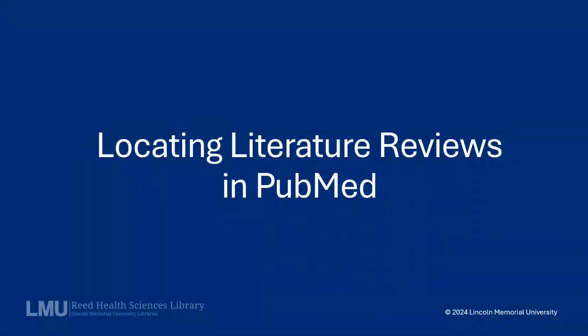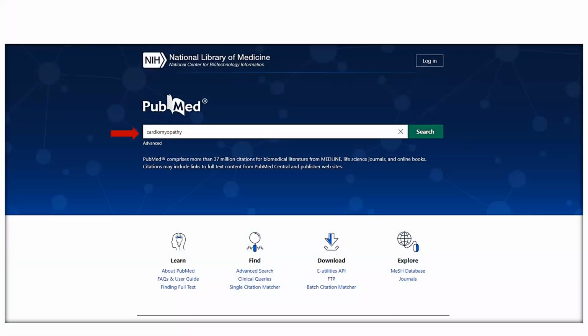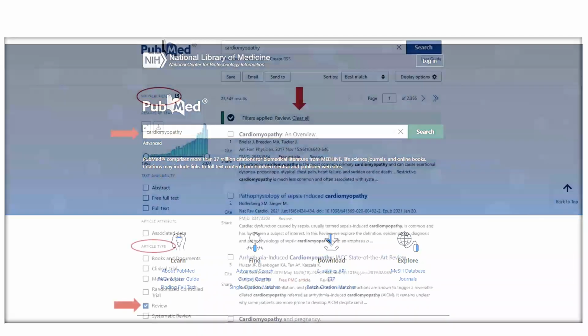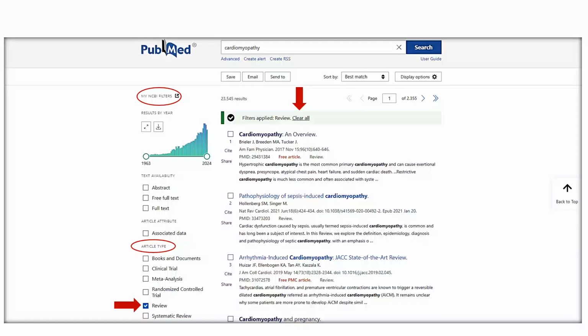During this video, you will learn how to locate literature reviews in PubMed. We will execute a search to find literature reviews about cardiomyopathy. After we retrieve our results, we will use the filter on the left side of the page to narrow our